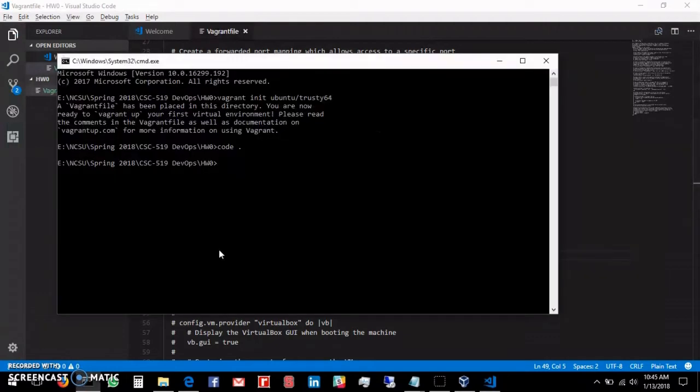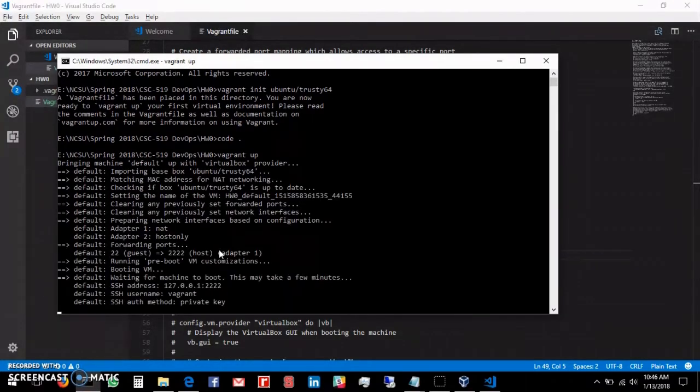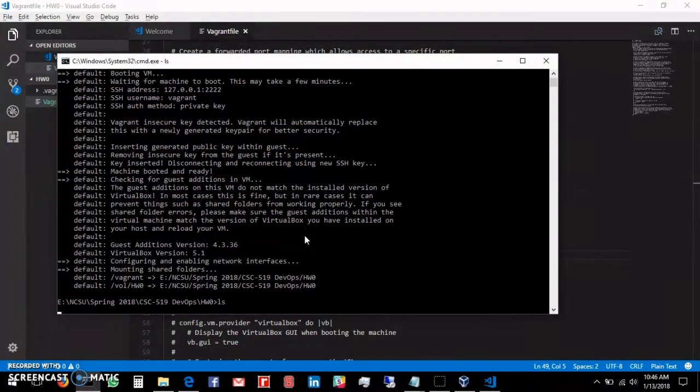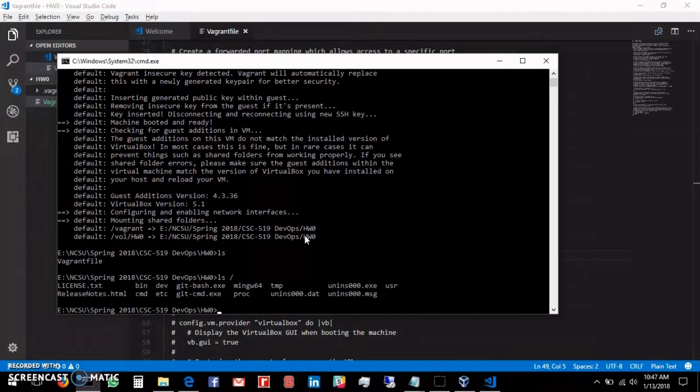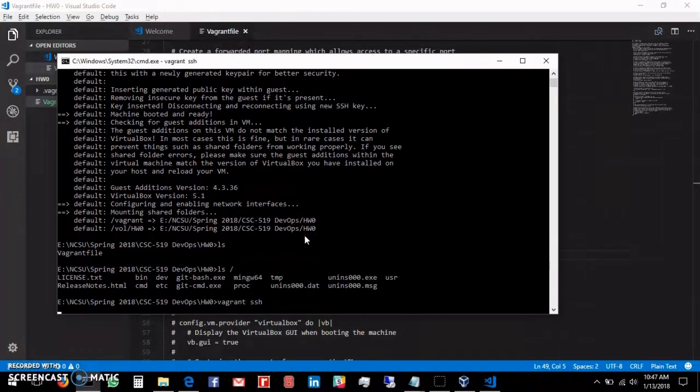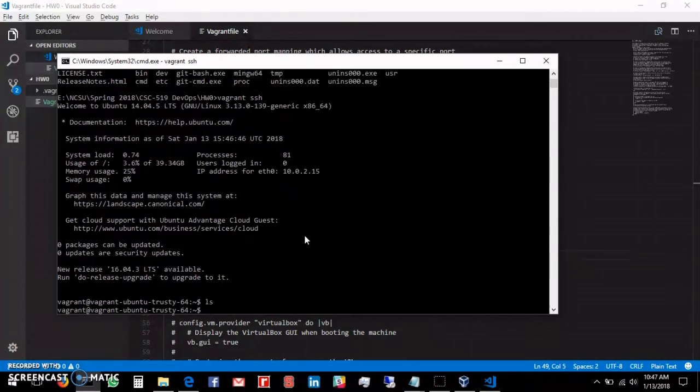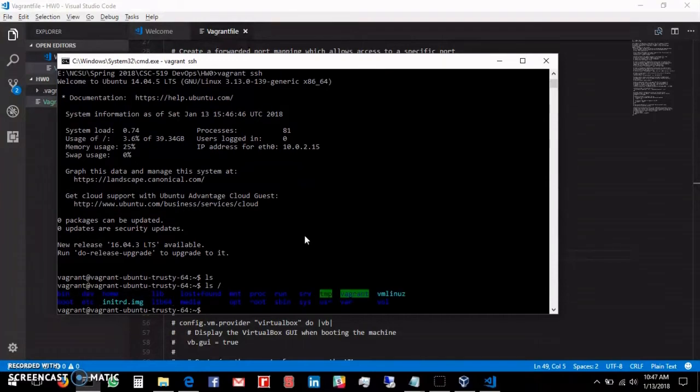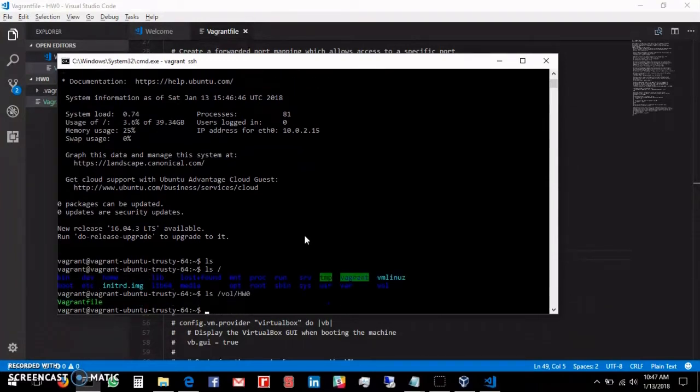To start the Vagrant, use Vagrant up. Using Vagrant SSH lets you go inside the virtual machine. So we will use Vagrant SSH. And here we are inside the virtual machine. We can now easily find the synchronized folder inside /volume